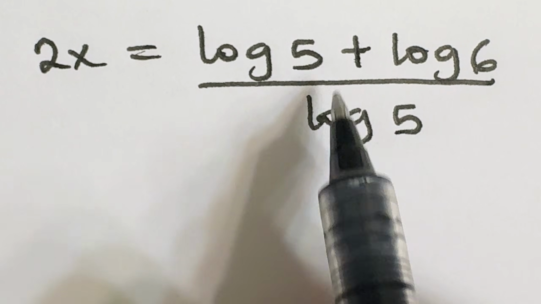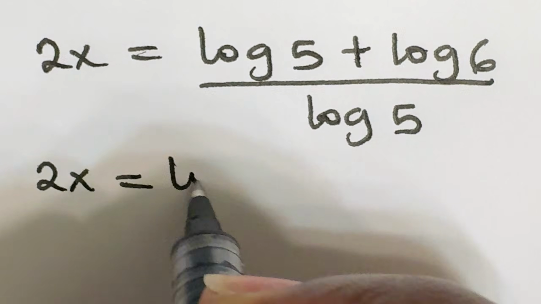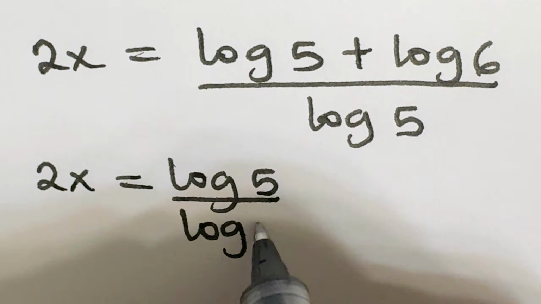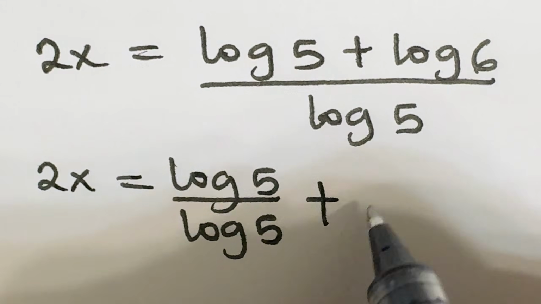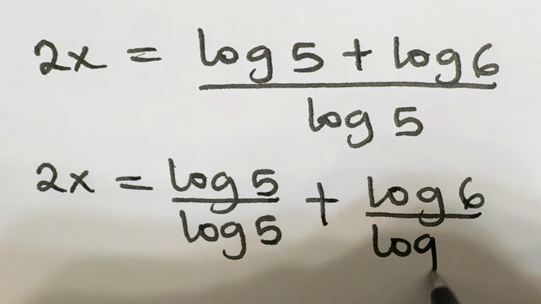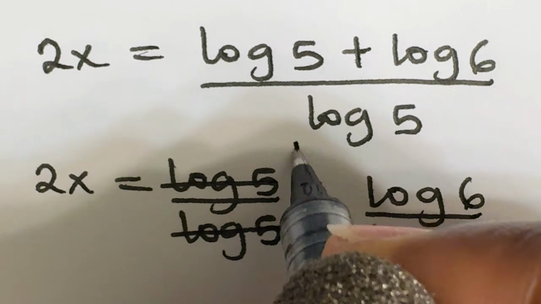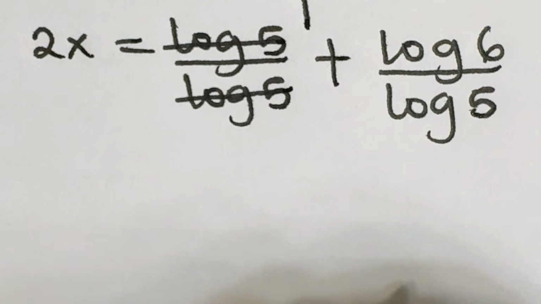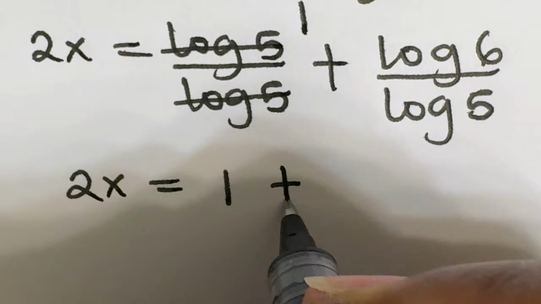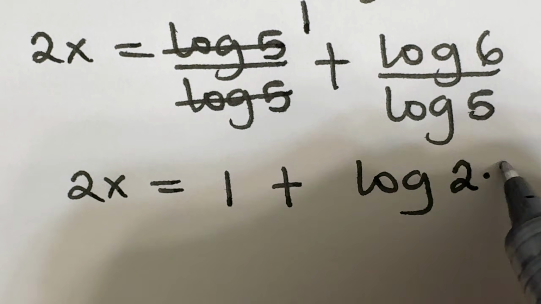I'm going to separate this division. This will give us 2x is equal to log 5 divided by log 5, then plus log 6 divided by log 5. Right here we see log 5 divided by log 5. This will give us 1. So we have 2x is equal to 1 plus log 6 here. I can also write this as log 2 times 3